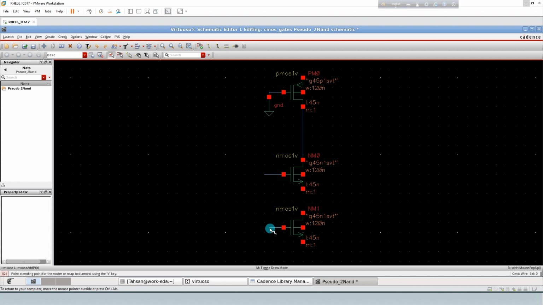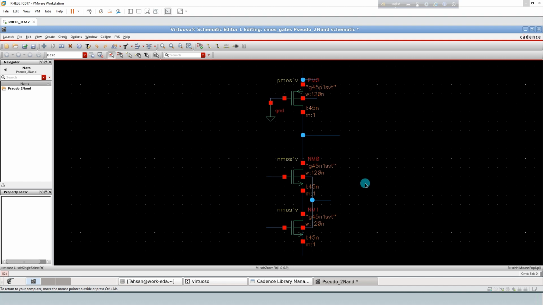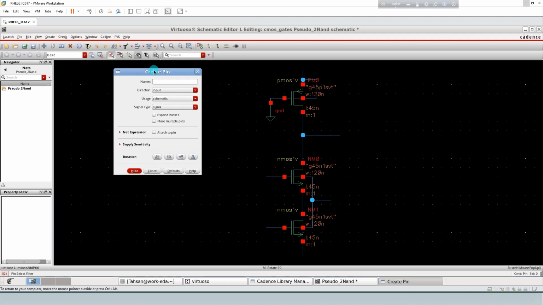This diagram is the same as the normal CMOS process diagram. In the pull-up network, a single PMOS is grounded. In the pull-down network, each NMOS transistor corresponds to an input, forming a parallel NMOS pull-down network because of the OR gate. Create input and output pins to complete the connection.